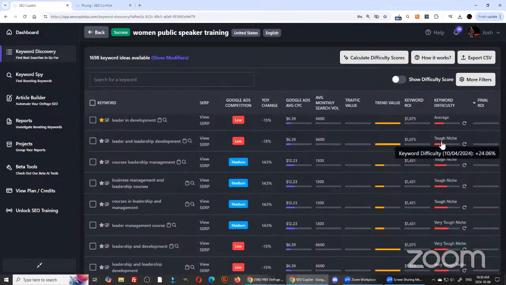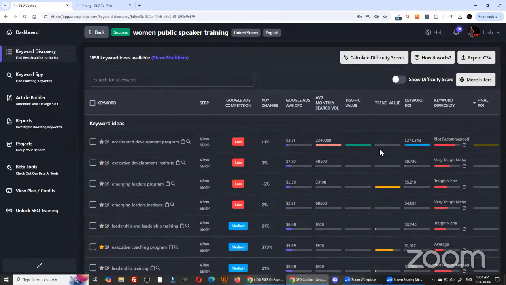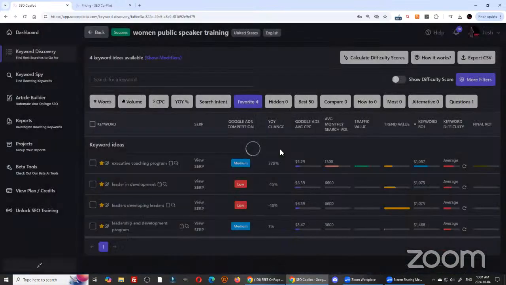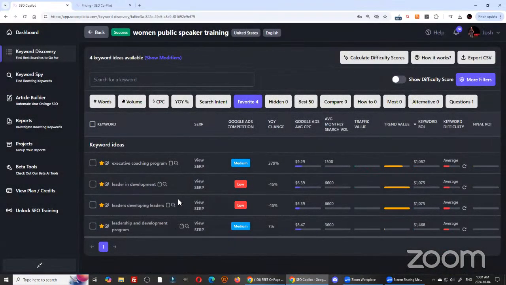Average, tough. How tough is it? Tough can range from 16% and up. Yeah, a new site might be able to try to rank for these ones, even though they're starting to get harder. They're starting to get tougher. And anyway, you could build these up. You could send these to your client. I would recommend building